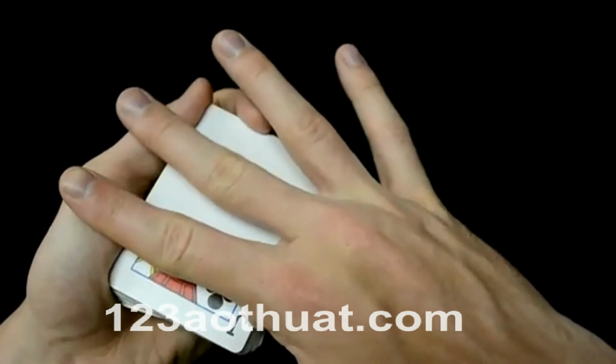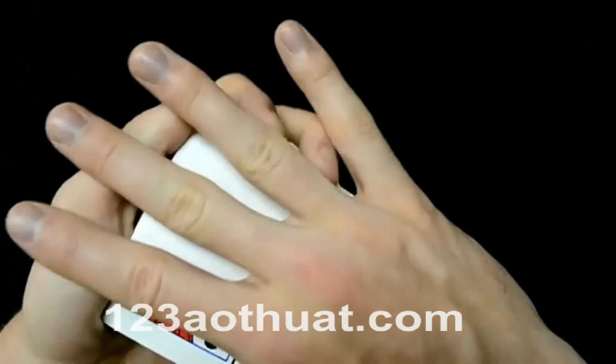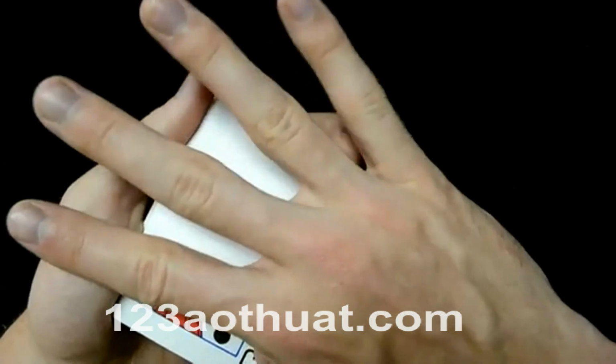Make sure to cover up that seam, make sure to cover up that diamond, make sure they don't see any of this on the edge. Okay? Now I got big hands. You might need to work with yours. You're going to need to find the position that works best for you. Then you're going to